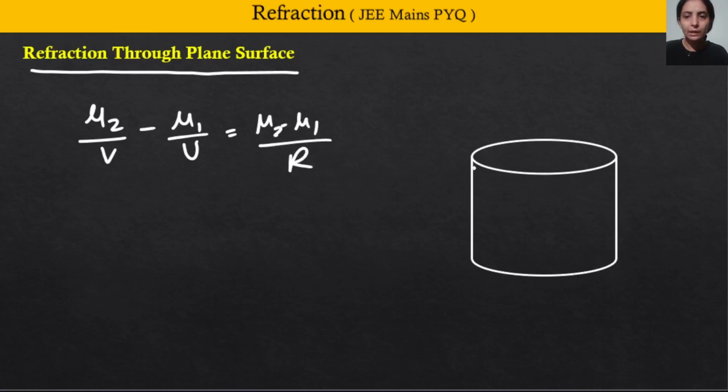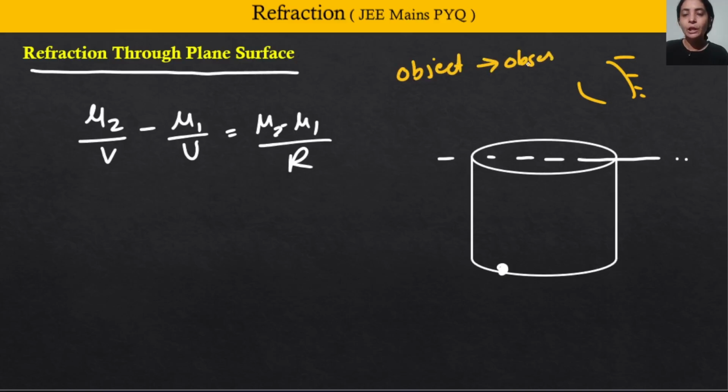R यहाँ पे क्या हो जाएगा, देखो, this surface is plane, ठीक है। So if there is something at the bottom and there is one observer somewhere here, so the person is trying to see, sitting in air. तो देखो, कोई भी चीज जब आप देखते हो ना, तो light object से observer की तरफ जाता है, हमेशा याद रखना। ये question solve करने में हमें बहुत ज्यादा help करता है। So if the observer is here, light will start traveling from here, and while traveling it will face one interface। तो यहाँ पे refraction होगा away from the normal, in this case if it is filled with water and the eye is in air, ठीक है।